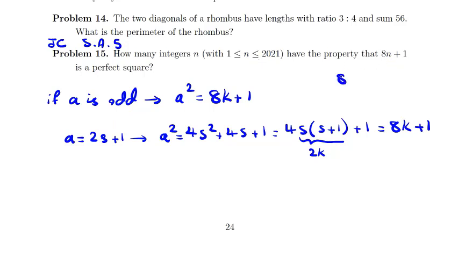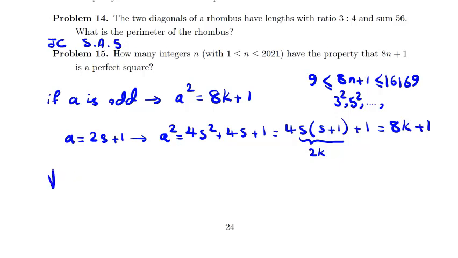Because n is 1, 8n plus 1 will be from 8 times 1 plus 1, 9, up to 8 times 2021 plus 1. We have 1, 8 times 2, 16. So we have these numbers. And if we want to find how many squares do we have between them? So 3 squared is okay because of this, 5 squared, odd numbers because of this idea, the lemma. We can say 5 squared to what squared? So you should find the square root of